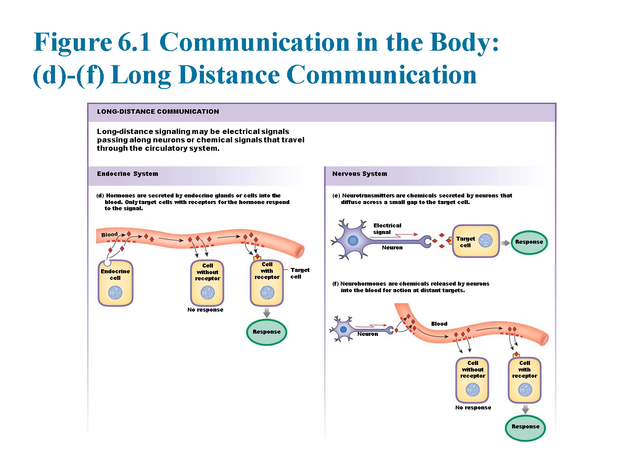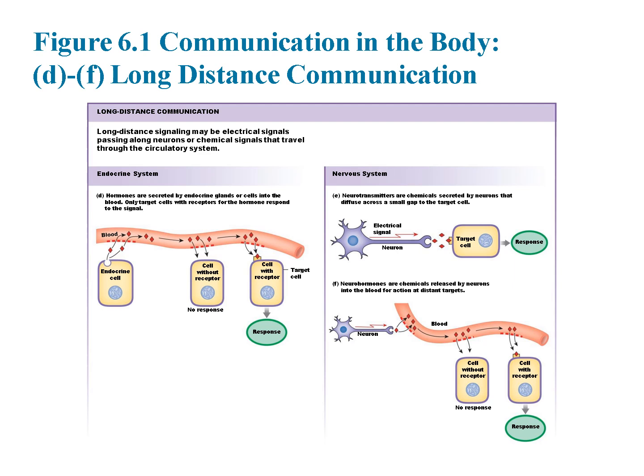On the right for F, we see the action of neurohormones, a hybrid mechanism involving both the nervous and endocrine systems. In this case, neurons release chemicals directly into the bloodstream, where they travel to distant target cells. Just like traditional hormones, neurohormones only affect cells with the correct receptors, ensuring their signals are targeted and effective. These coordinated mechanisms demonstrate how the body integrates electrical and chemical signals to maintain communication across vast distances, keeping organs